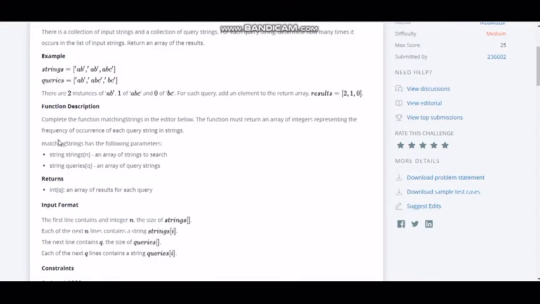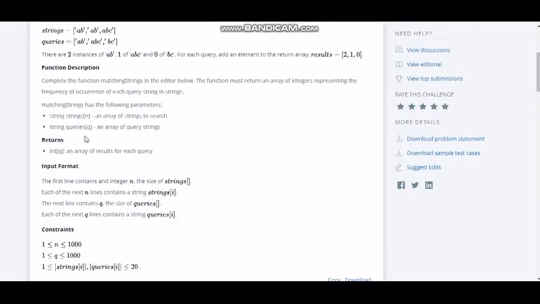And the function description: complete the function matchingStrings in the editor below. The function must return an array of integers representing the frequency of occurrence of each query in strings. We will be given two string arrays or string lists, we can say strings and queries.